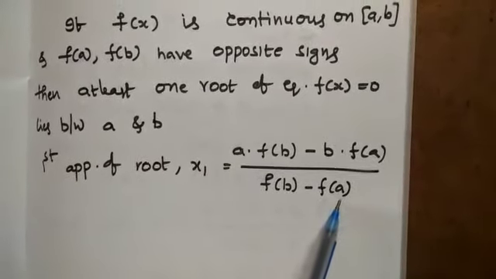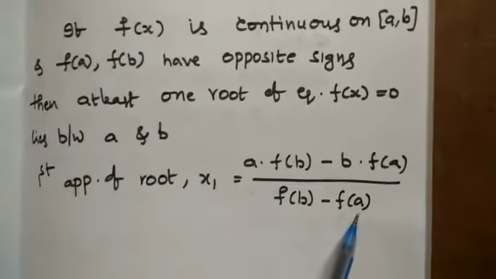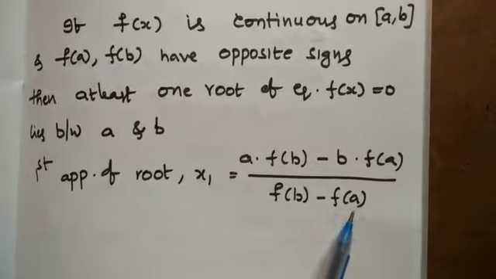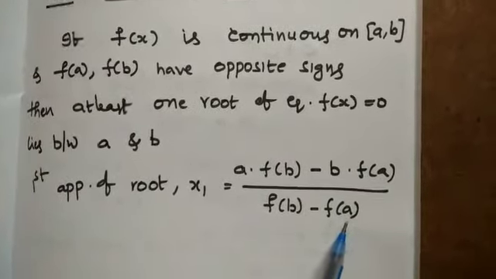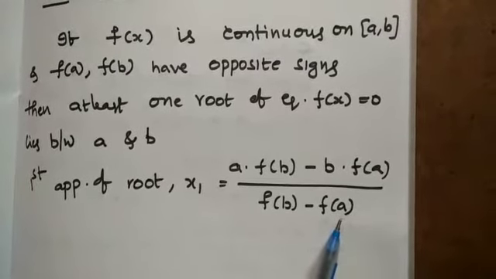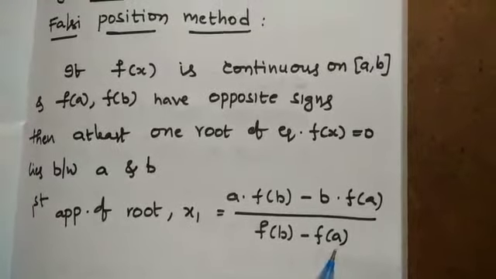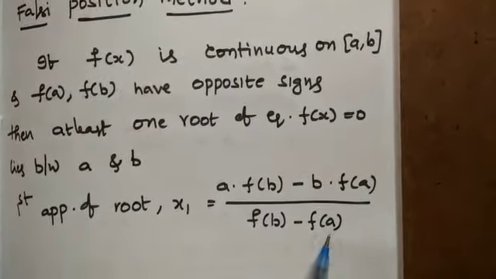Actually in the bisection method, the f(a) and f(b) values are useful only to decide whether f(a) and f(b) have opposite signs. They are not involved in the calculation of the approximate root. In the bisection method, to calculate the approximate root, the formula is (a + b)/2. That formula is the only difference between the bisection and regula falsi methods.